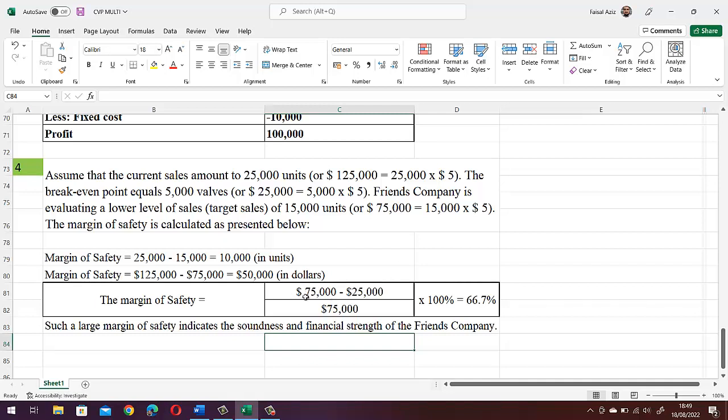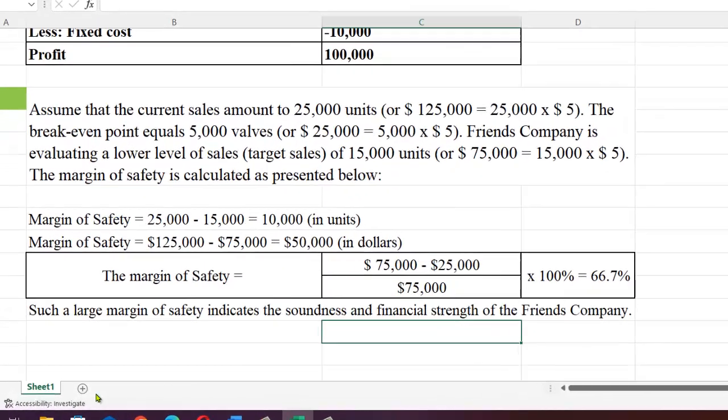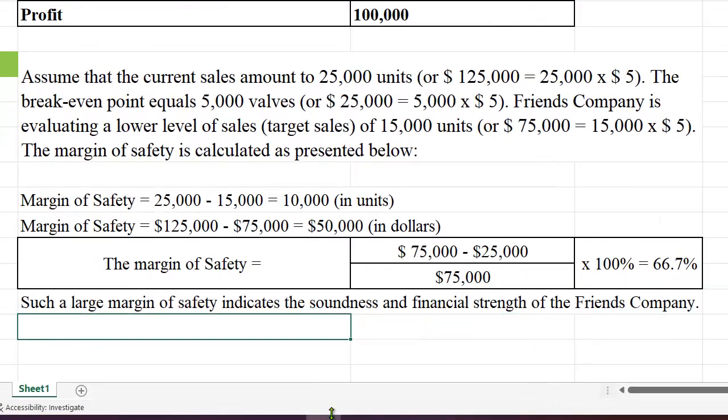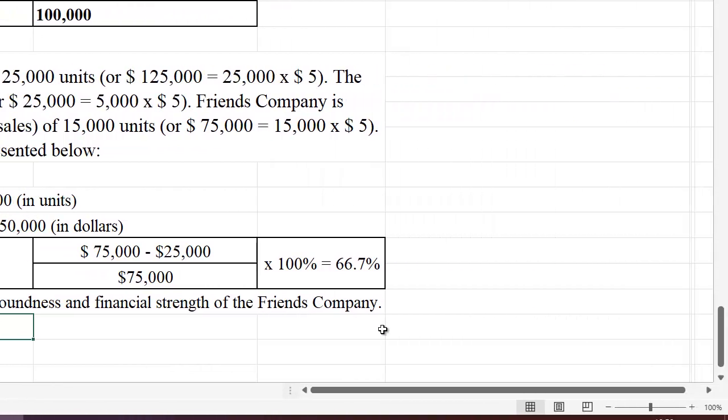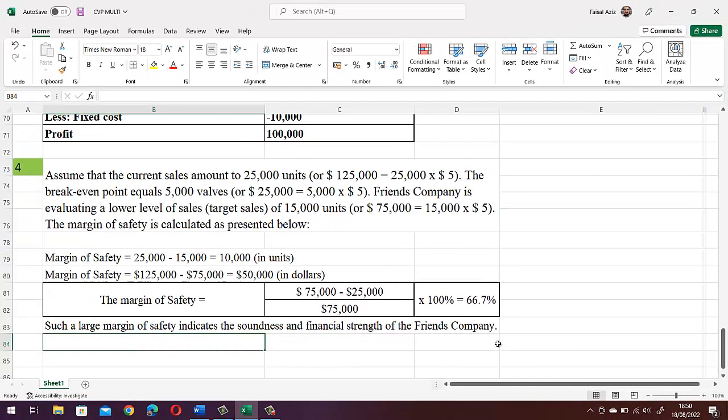So we can calculate the ratio: 75,000 minus 25,000, their actual break-even of 5,000 units, and then divided by the lowest target and multiplied by 100. This will give us 66.67%, the margin of safety. So when we look here, 10,000 units or $50,000, and in terms of percentage it is 66.67. So we can say that such a large margin of safety indicates the soundness and financial strength